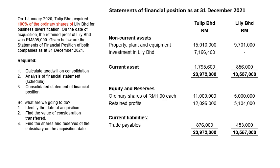Let us go through the two companies' statement of financial position. We go through the first one, Tulip Berhad. Tulip Berhad seems to be a bigger company. It has more non-current asset as compared to Lily Berhad, whereby the non-current asset of Tulip Berhad comprise of property, plant, equipment amounting to 15 million. In addition to property, plant, equipment, Tulip Berhad also has investment in Lily Berhad amounting to 7,166,400. On top of that, Tulip Berhad also has current asset of 1,795,600. From these three assets, the total asset of Tulip Berhad is